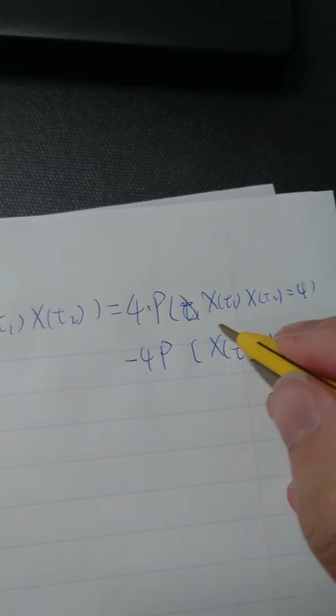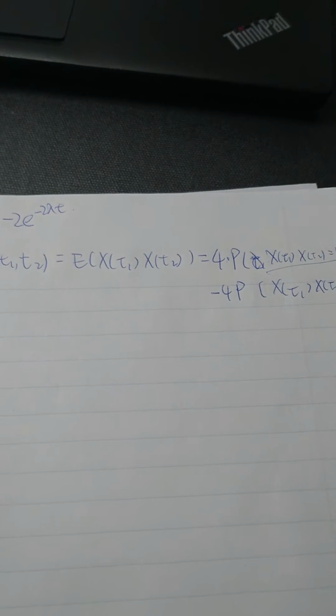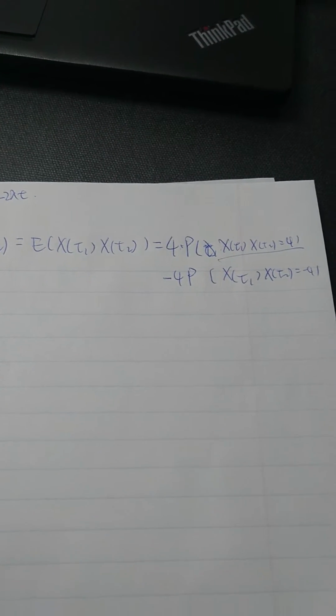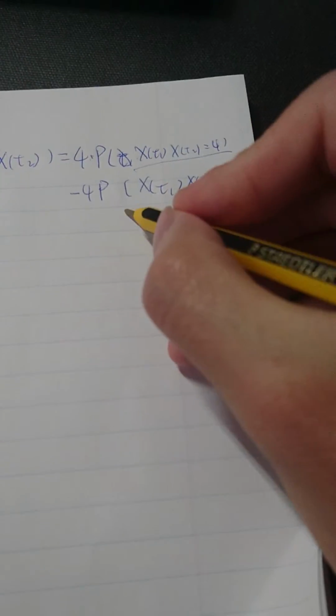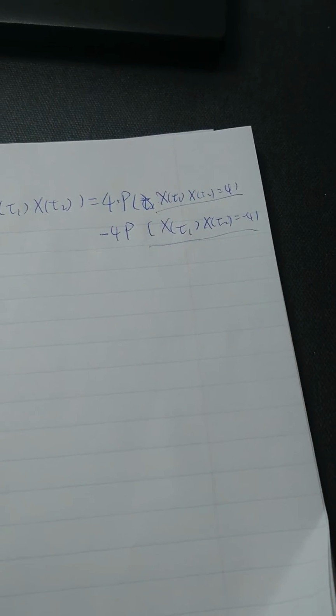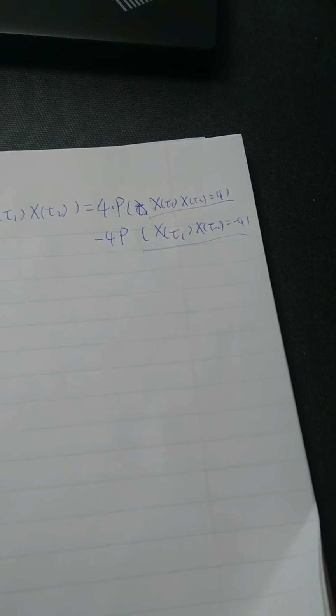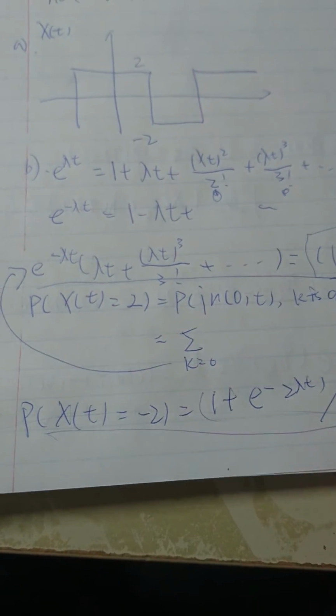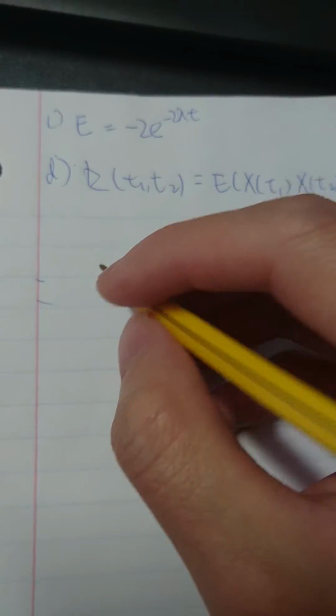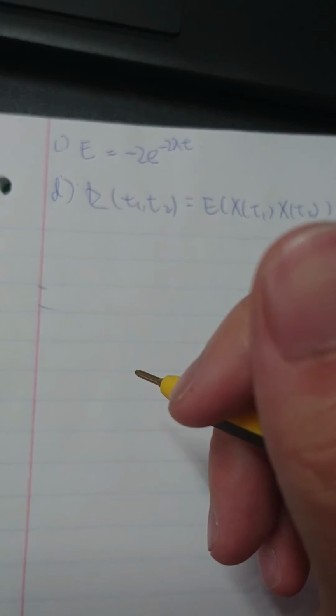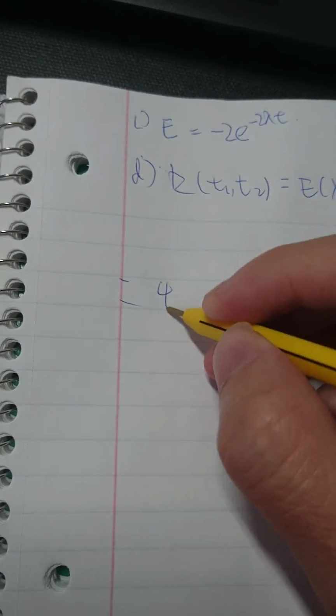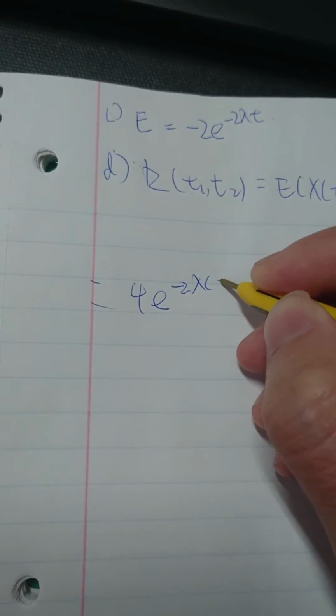And for this we have that between t1 and t2 the k is odd, and this one means between t1 and t2 the k is even. So now it's the same as this equation. So the autocorrelation of Xt will be 4 multiplied by e to the minus 2 lambda (t2 minus t1),